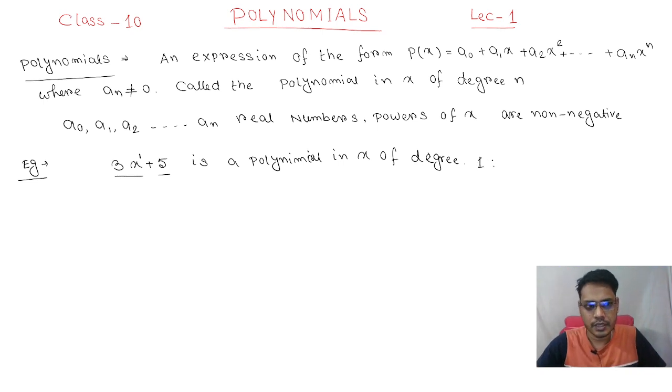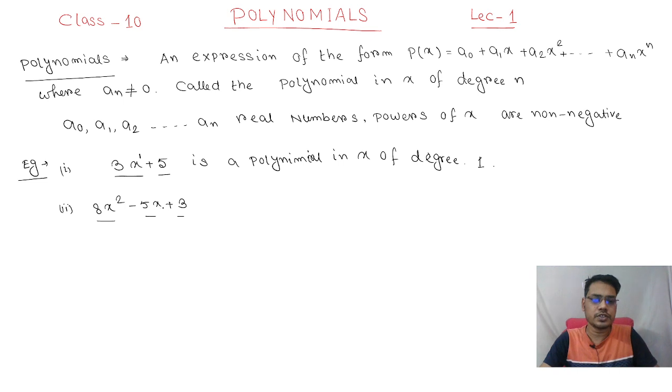नेक्स्ट एग्जांपल आप देख सकते हो, if we write the second example, 8x square minus 5x plus 3, it is also a polynomial because 1 2 3 terms are there, and it is connected with operations, so it is also called a polynomial. जहां पे भी आपको एक से ज्यादा टर्म दिखेगा उसे हम कहेंगे पॉलिनोमियल। हालांकि उसका नाम भी है, अगर एक टर्म है उसको हम कहेंगे मोनोमियल, 2 टर्म्स हैं बाइनोमियल, 3 टर्म्स हैं आप ट्राइनोमियल भी बोल सकते हो, और पॉलिनोमियल वहां से स्टार्ट हो जाएगा।